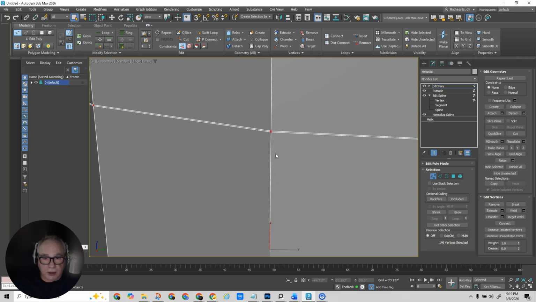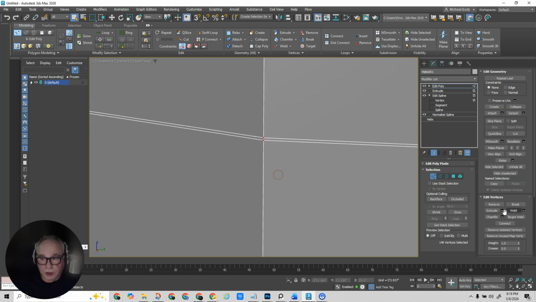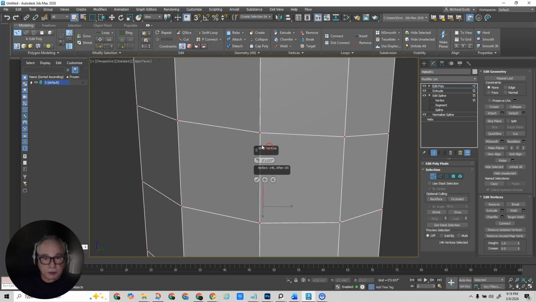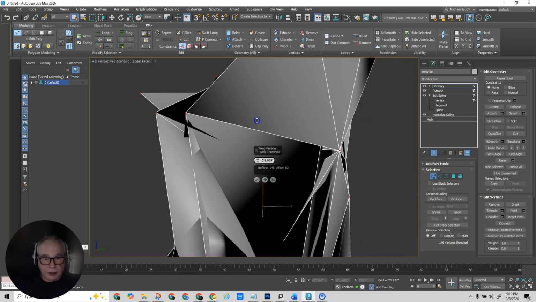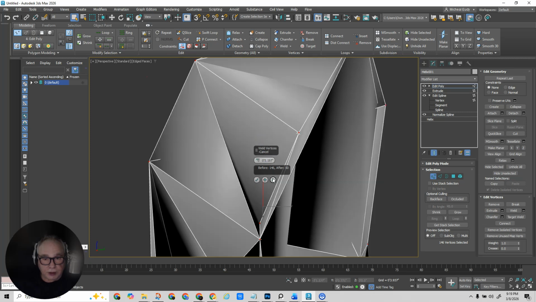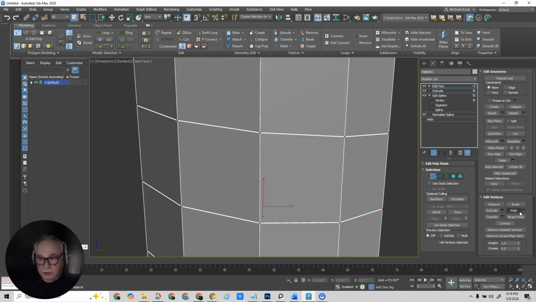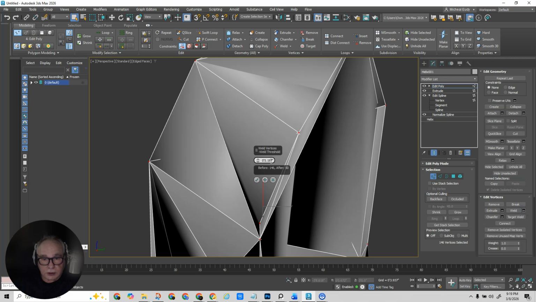You can see that that went from there, and then it welded it. But if that doesn't weld, then you may need to pull this up a little bit. But what you can't do is pull it up so high that it collapses all this stuff in there. Okay? So we want to weld it, and